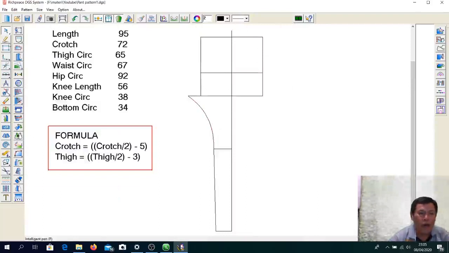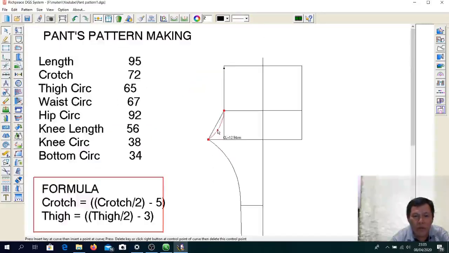And then for the front body, usually we go down 1 cm, enter. So we have a point here, and then for the crotch, we can resave this one. Okay. So this is the line we will use. And then the waist,